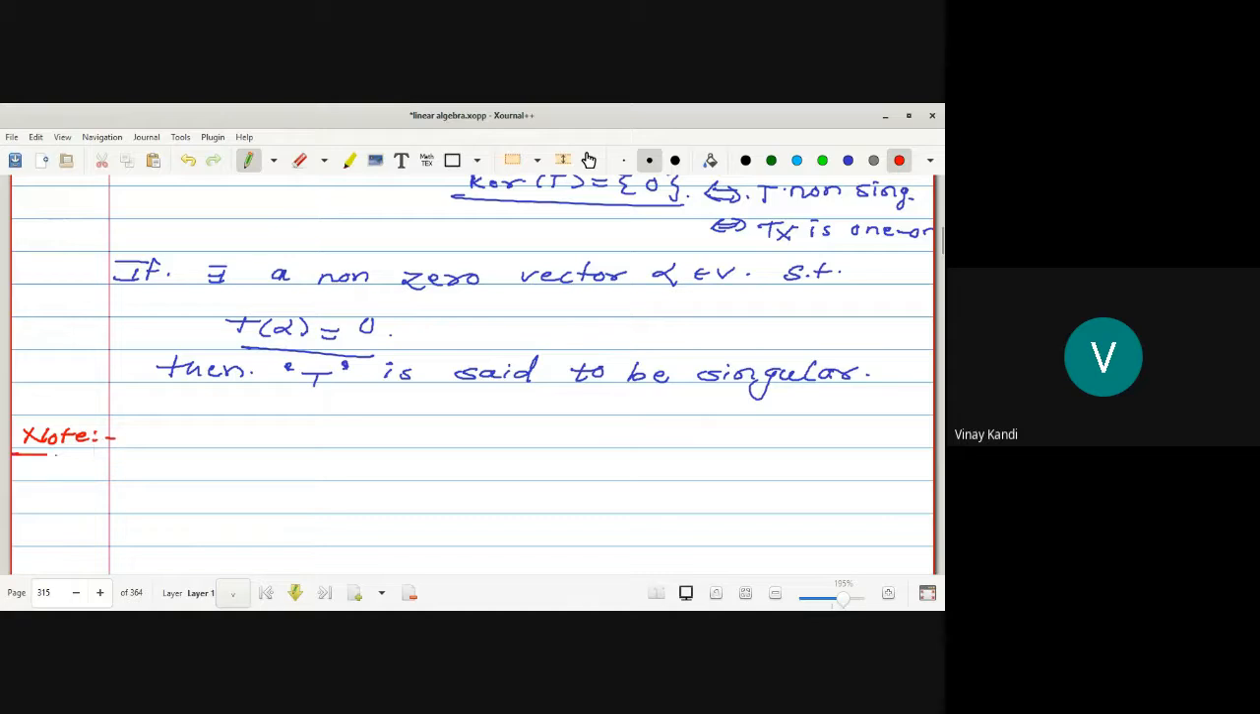First one: a linear transformation T from vector space V into vector space W is non-singular if and only if T is one-to-one. Obviously, just check that. Second,